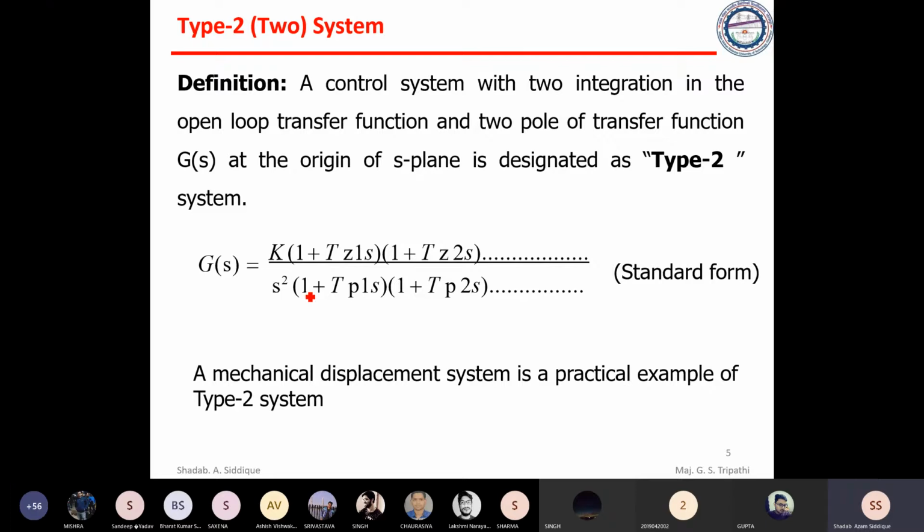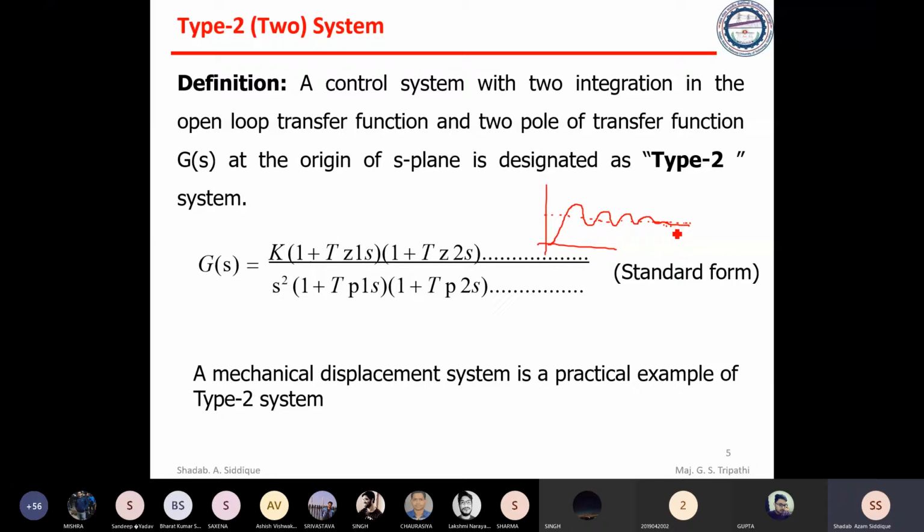Then we went through the response of the system, how the time response can be found out, the graphical representation. We have seen that c(t) for zeta between 0 and 1 comes out to be a damped response. It is approaching 1, that is, c(t) approaches 1, whatever the step input applied.